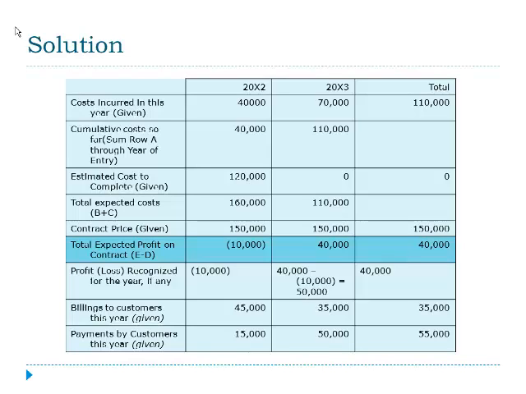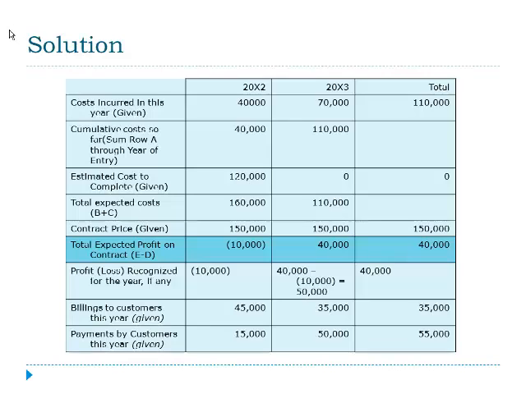Then in the next year, when we in fact have costs incurred in this next year of $70,000, we have cumulative costs only of $110,000, no estimated cost to complete. We have total expected costs of $110,000 and a contract price of $150,000, so that we expect profit now of $40,000. If we expect profit of $40,000 in year 2, I should say we have profit of $40,000 in year 2 because we're complete,